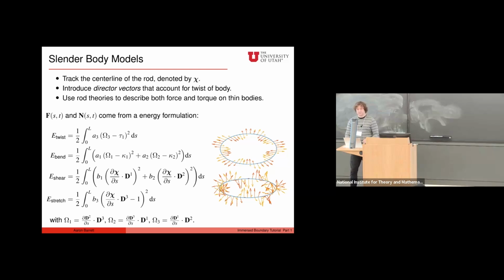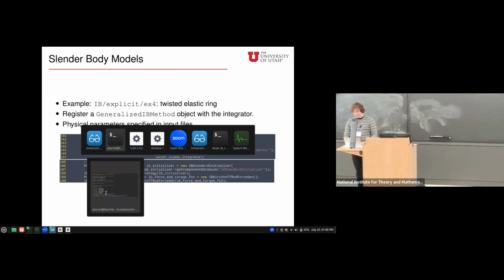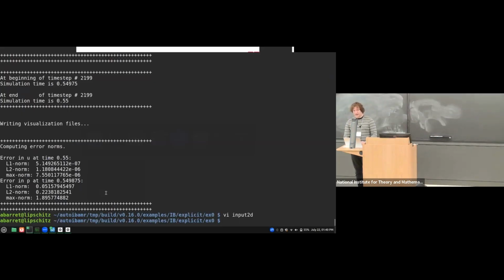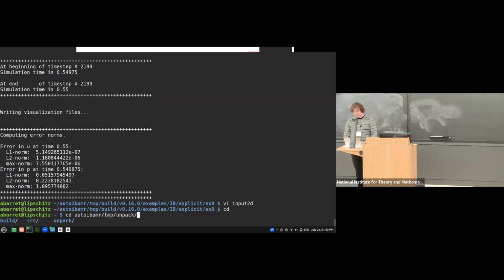This is the default one that's put in IBAMR. So to look at the actual code associated with this, we're going to look at IB explicit EX4. And so now I am going to go to the source directory. So go to auto IBAMR temp, unpack,